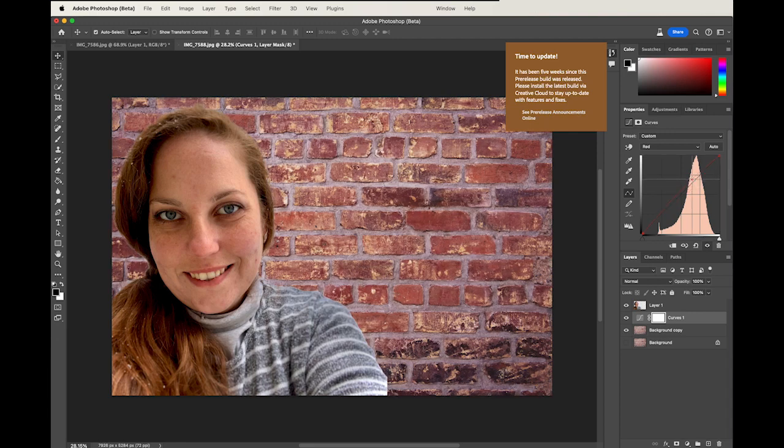I kind of like the red, so I think I'm going to add just a little bit more in there. Now I can do the same thing for green, and I can do a different thing for blue. What you're basically wanting to do is make it to where they kind of look like they match